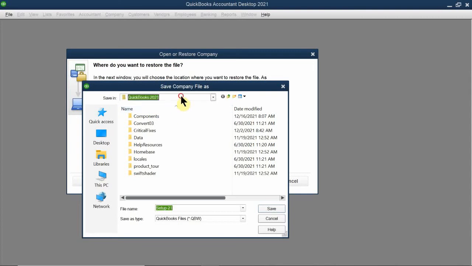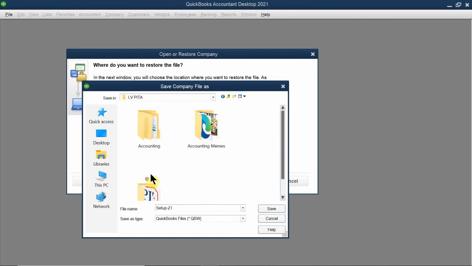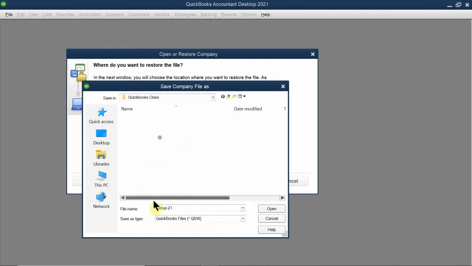But in this case, what I recommend you to do is to create a folder, whether it's on the desktop, in your folders, or in your documents, wherever you want to put it. That's what I've done so far. See, it automatically took me to my local C drive. You need to be the admin of your computer to be able to save it on your local C drive. Okay? And in this case, like I've mentioned before, I've located in my documents under LVPITA, Accounting QuickBooks class, QuickBooks portable files,